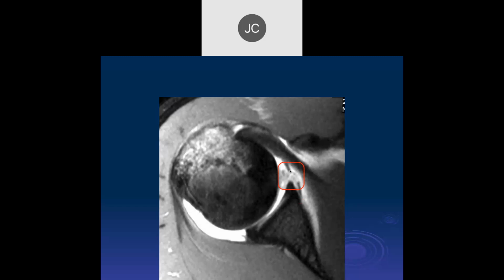This is a torn middle glenohumeral ligament. So this would be another type 7 SLAP tear. But I would just call them separately. Nowadays, I would just say it's a superior labral tear and a tear of the middle glenohumeral ligament. And again, these are really quite uncommon. So I'm not sure it really designates a separate